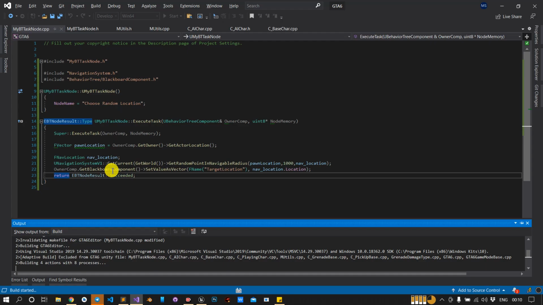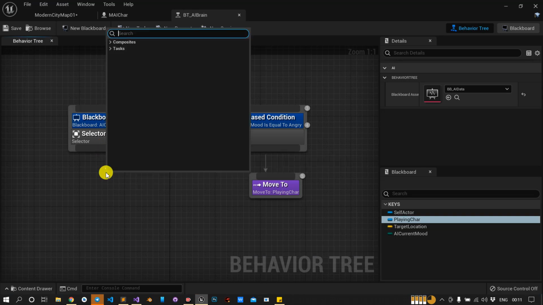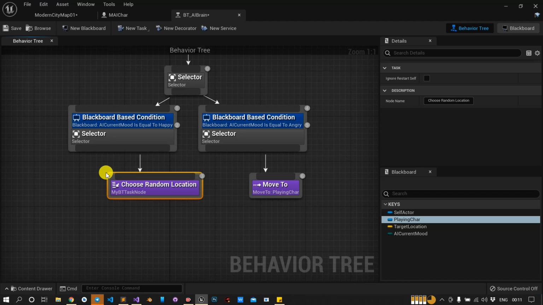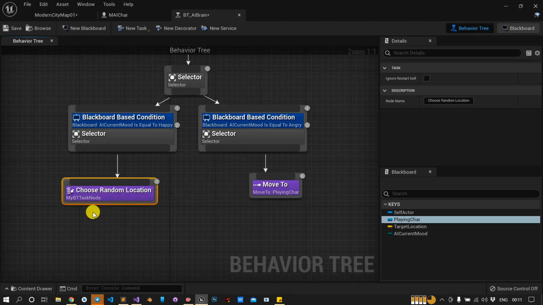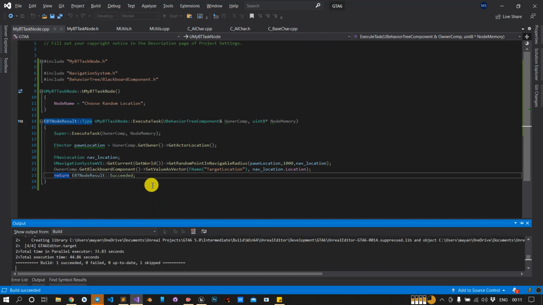Come on. Okay, it's My BT Task Node, Choose Random Location. Perfect. So we can access our task like this. Okay, it is building. It's a success, so we can test it out.